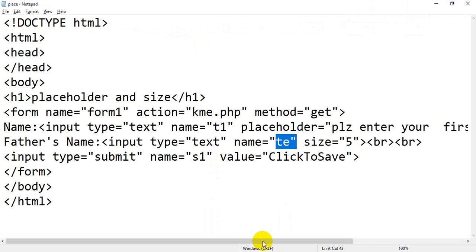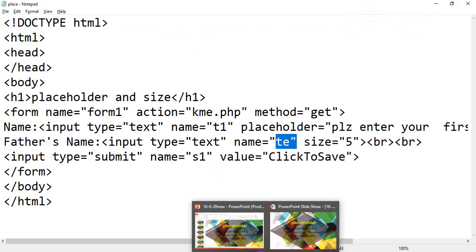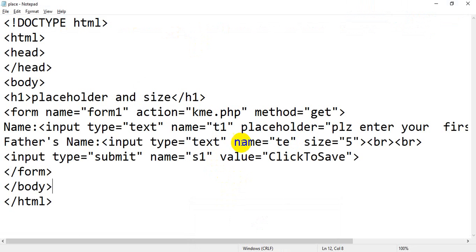So in today's lecture we have seen what the size attribute is, what the use of the size attribute is, and what the use of placeholder is. I just want to recap that size is an attribute of the input tag which comes under the category of input restriction, and is used to customize the text box.